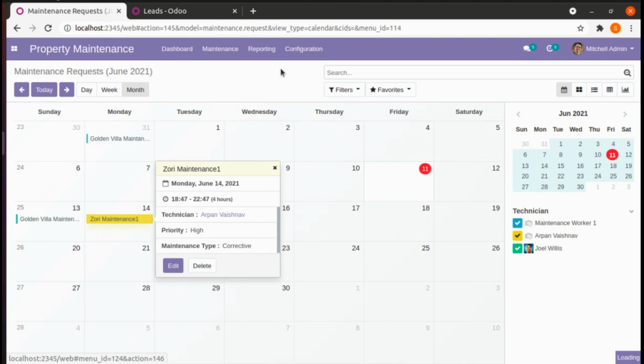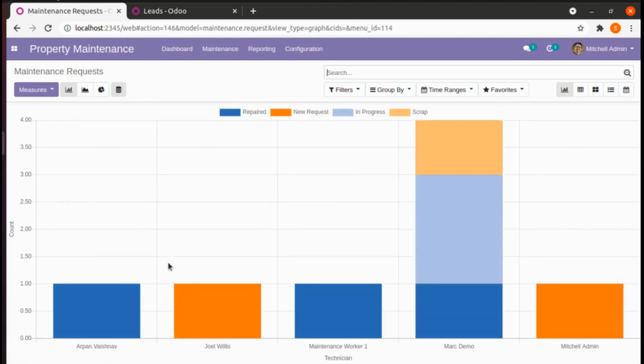From reporting, when we click on our reporting, we will be able to look at different numbers based on our technician and its duration. So here Mark demo has a total of 4 maintenance requests. Mitchell admin has one maintenance request.